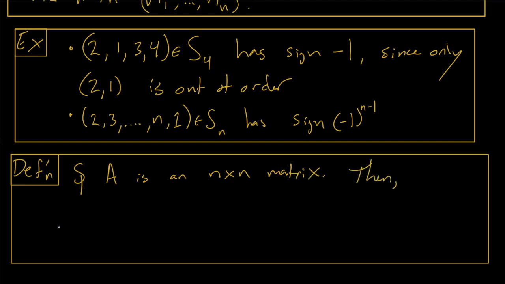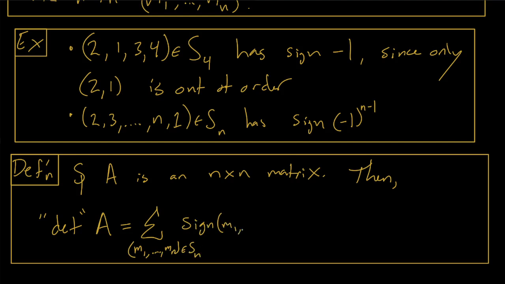Then the determinant, which I'll put in quotes, det A, is going to be defined to be the sum over m1 through mn in Sn of the sign of m1 through mn,